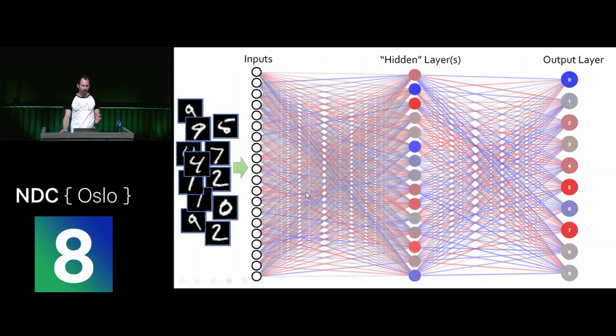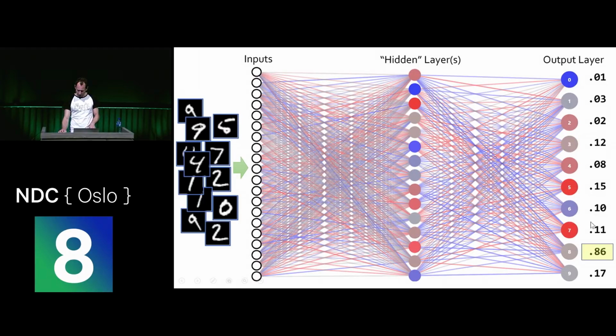Now to fire it, we go from left to right. It's called feed forward when we're firing it. We start by firing all of the first layer of hidden neurons. This can be done in parallel, it's very conducive to parallelization. So we end up firing all of these. Once we've done that, we can fire the next layer across, so we can fire all of the output neurons. If we feed one of them in there, we should get a whole lot of numbers. In this case, the number 8 is the highest, so it thinks it's an 8.